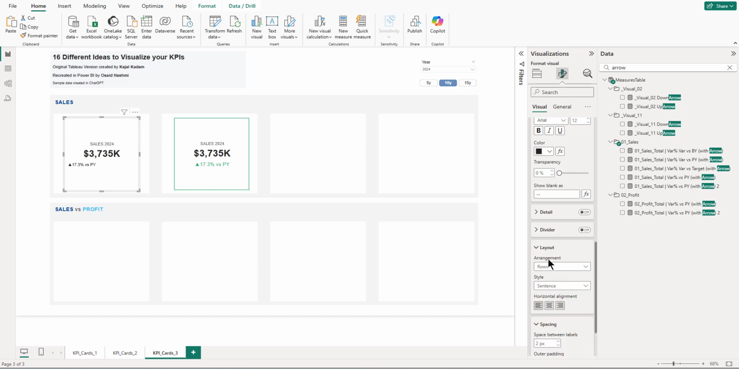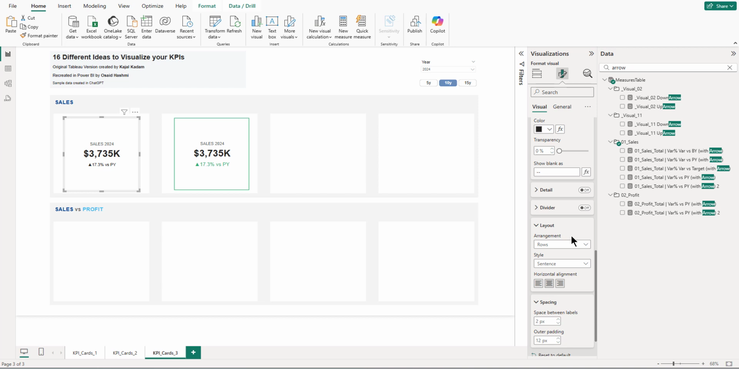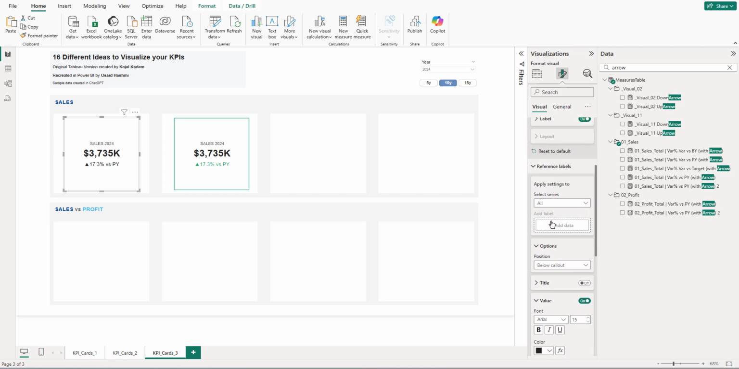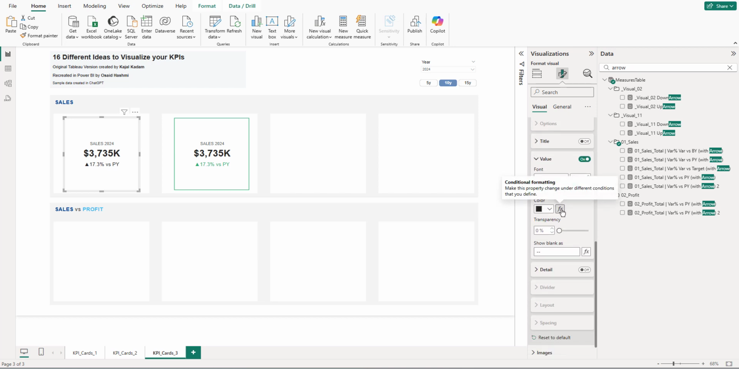So I think it's in layout. Yes. And then what we are going to do here is to increase the value size, increase the font size to something like this. Now we are going to apply the formatting. So we will select sales total, this one, we select the label, the title is off, but the value needs to be